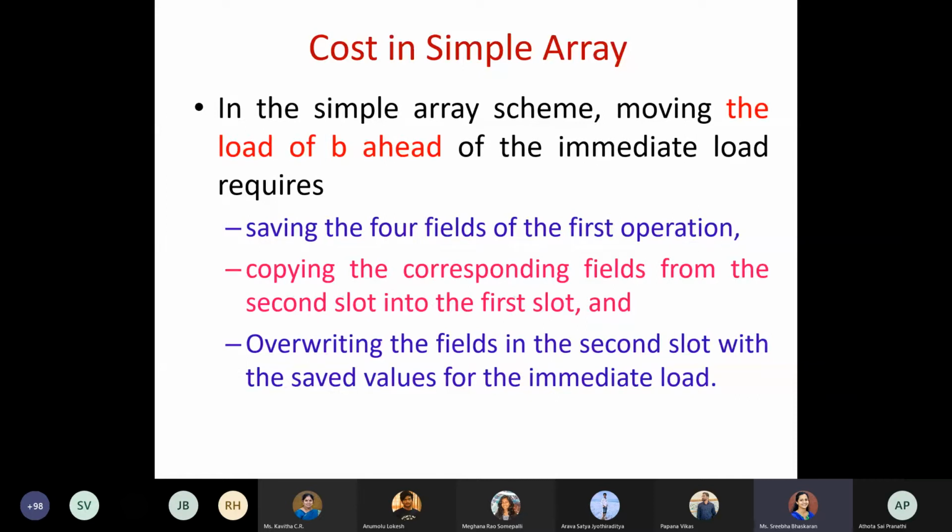Hope you can imagine, when we say instruction scheduling, it is nothing but pushing some instructions above and some instructions a little later, right? So some swapping should have been done. So this is the usual way of copying the contents from one location to another location when we use the simple array concept, right?